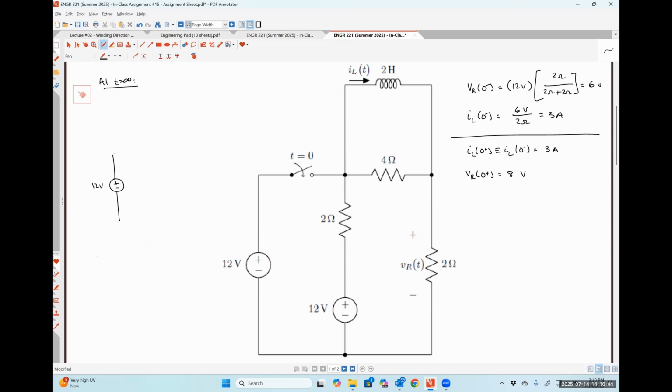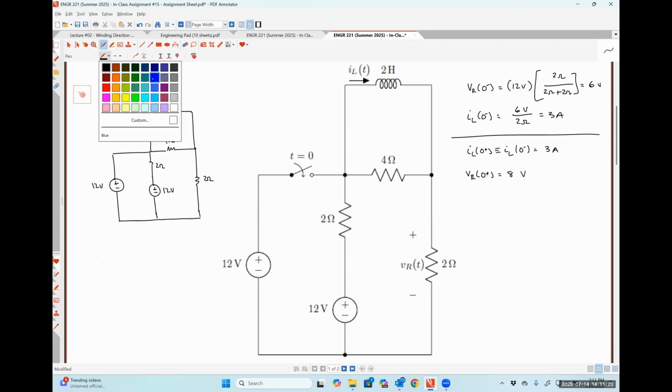So 12-volt source, 2 ohm resistor, an additional 12-volt source, 4 ohm resistor, short circuit across the top of the 4 ohm resistor because our inductor looks like a short at t is equal to infinity. And here is another 2 ohm resistor. This is IL at infinity, and this is VR at infinity. We should be able to observe that yet again, the 4 ohm resistor isn't going to do literally anything